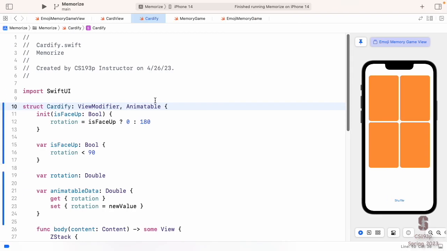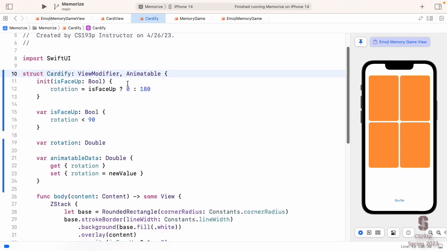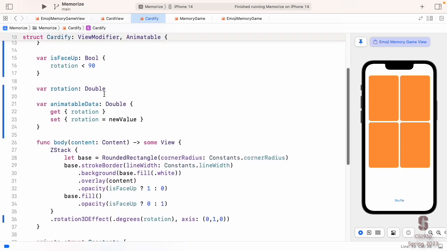All right, now let's see if it works. Ready? We got this. Here's our is face up, rotation. Put this code all on here. Ready? Whoop, worked, right? No more opacity. There's no opacity involved here because once we took over by implementing animatable data, these things stopped being automatically done, and now they're being done by us.